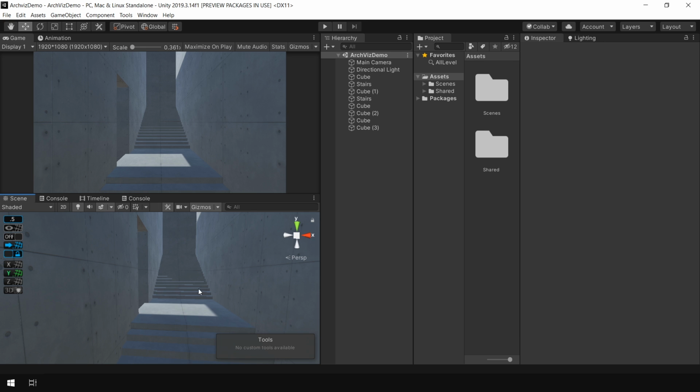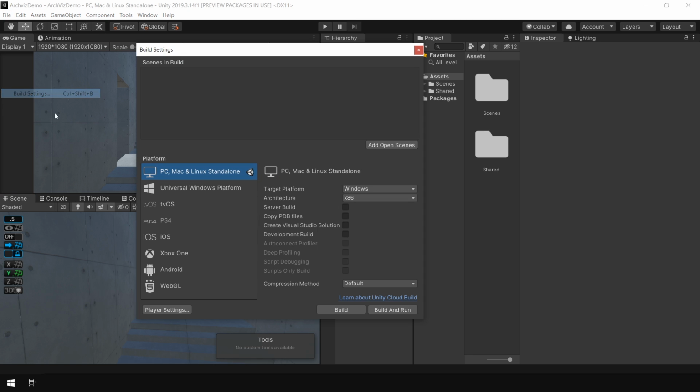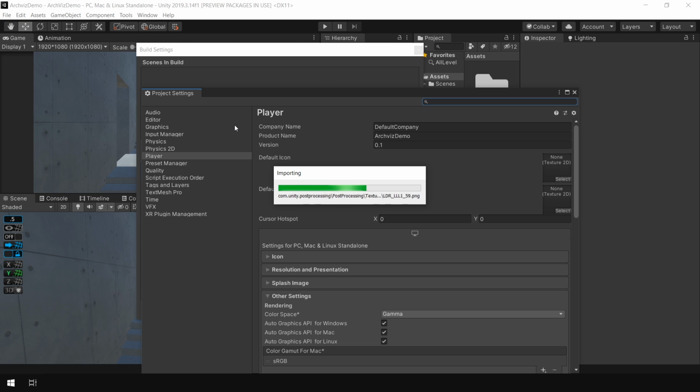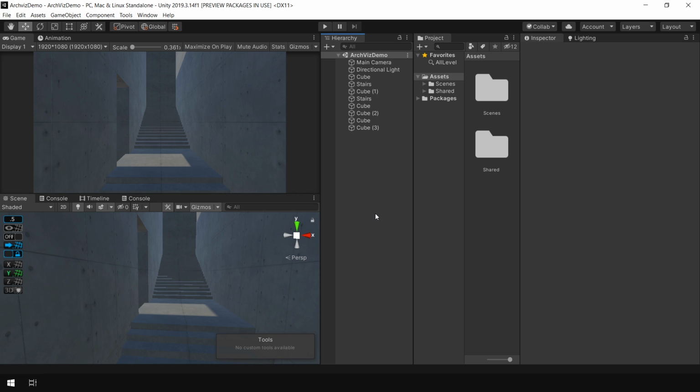First of all, I would like to change the color space of our scene. To do that, I go to File, Build Settings, Player Settings, and from here, change the color space from gamma to linear. This will improve the light calculation and post-processing in our scene, and we can see our colors and textures in a much more natural way. And now you can see that our highlights are not that bright and textures are also looking a bit more